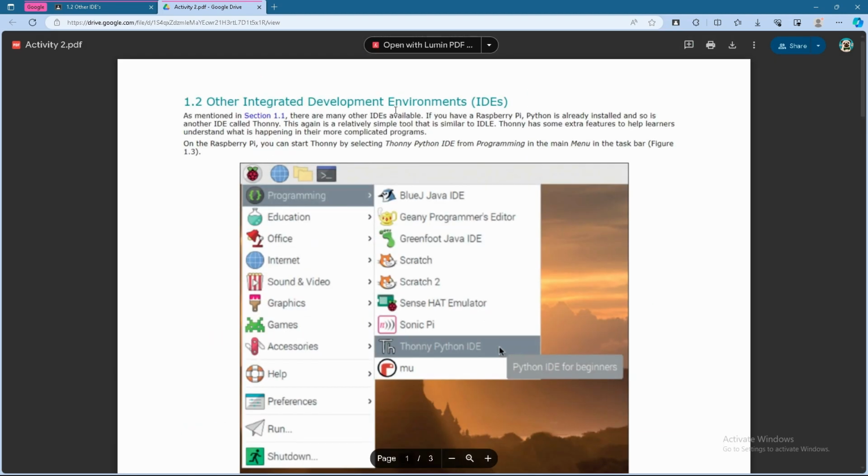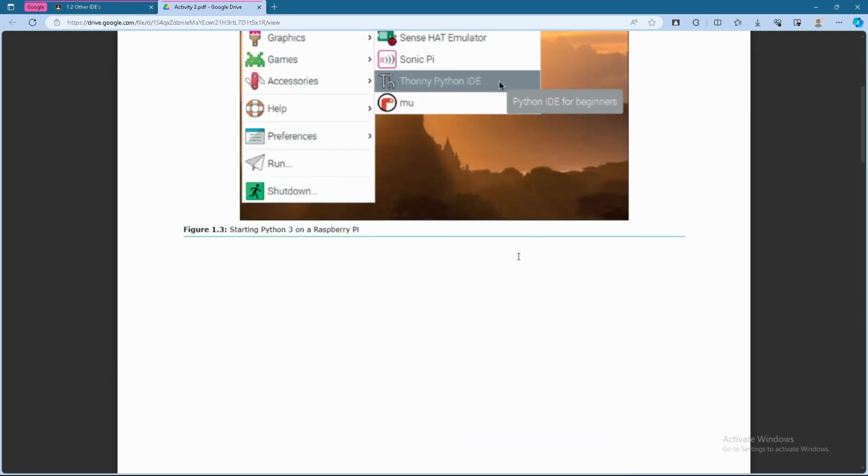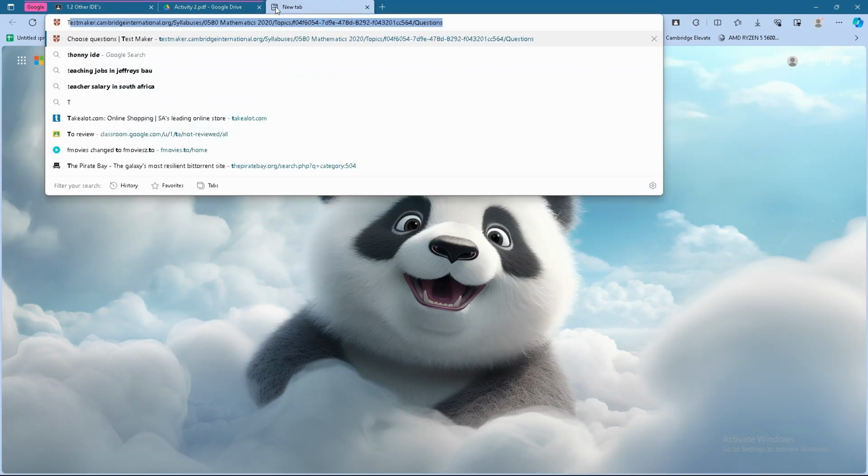So other integrated development environments, or other IDEs, as mentioned in section 1.1, there are many other IDEs available. If you have Raspberry Pi, Python is already installed, and so is another IDE called Thonny. This again is a relatively simple tool that is similar to IDLE. Thonny has some extra features to help learners understand what's happening in their more complicated programs. On the Raspberry Pi, you can start Thonny by selecting Thonny Python IDE from Programming in the main menu in the taskbar. Okay, so to get Thonny, you literally just type in Thonny,